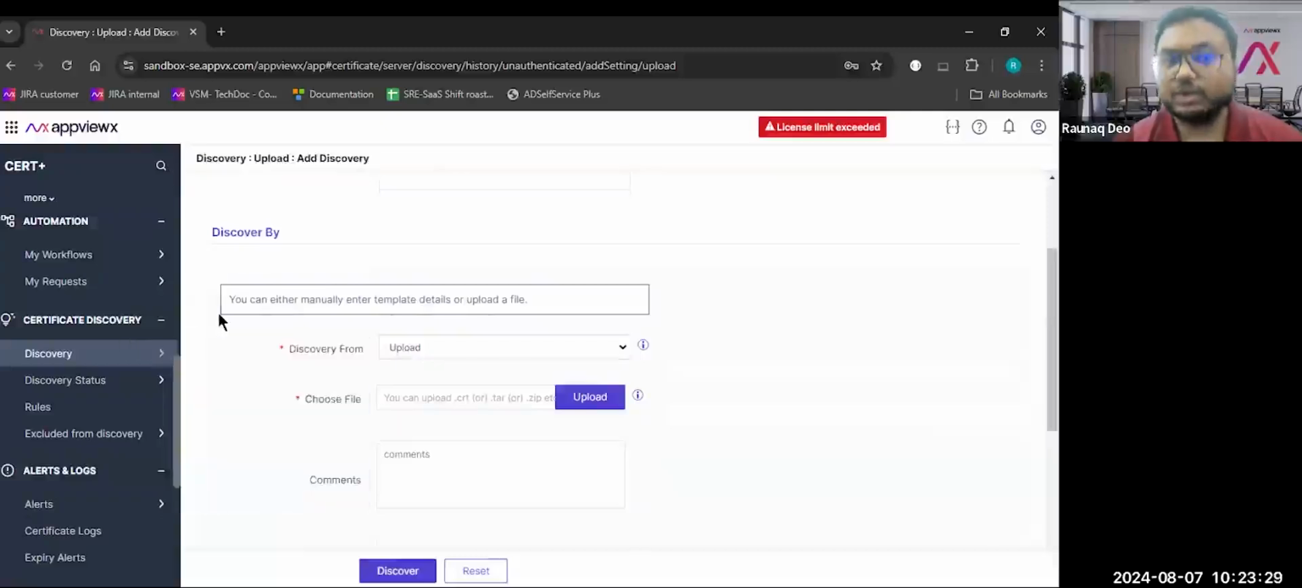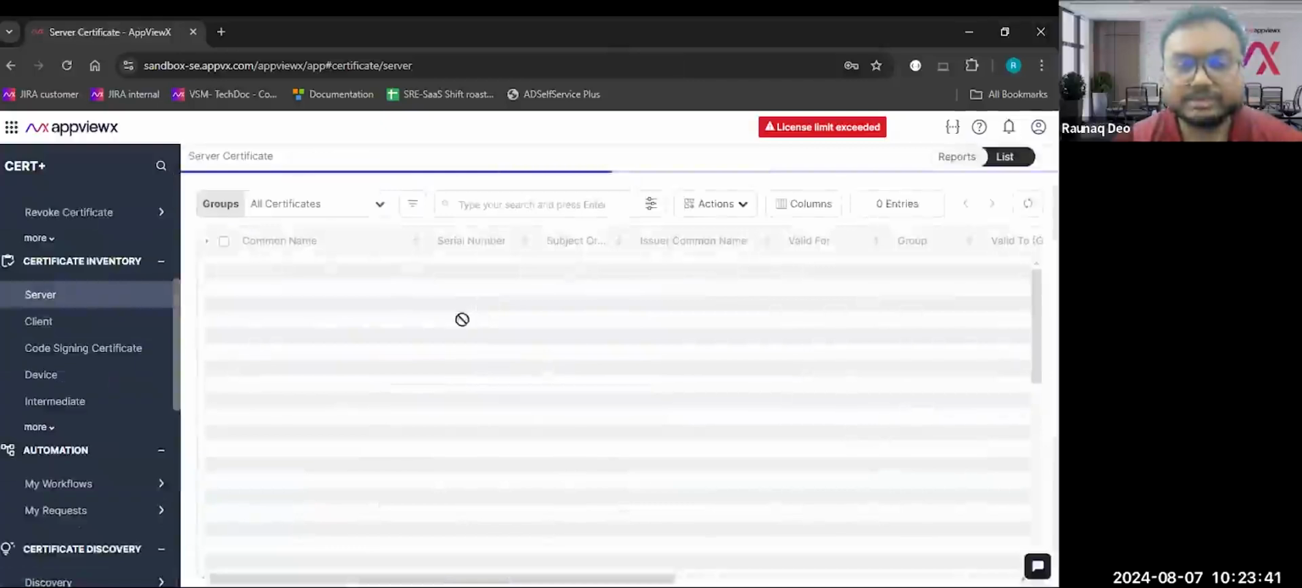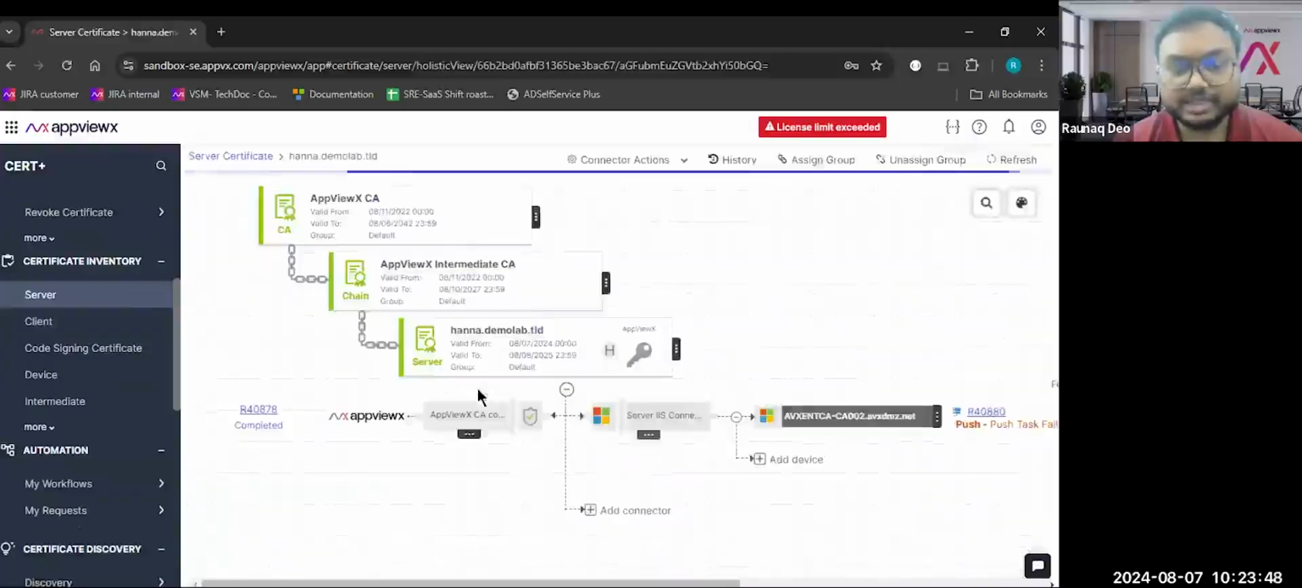On top of that, you also have an option where we can integrate with Qualys or any other third-party tool to take in the certificates that they must have discovered. So all these are discoveries. And once you are able to do the discovery, as I was telling you, you will be able to see this view. And once you click on any of the certificates, this is the full view that you get,